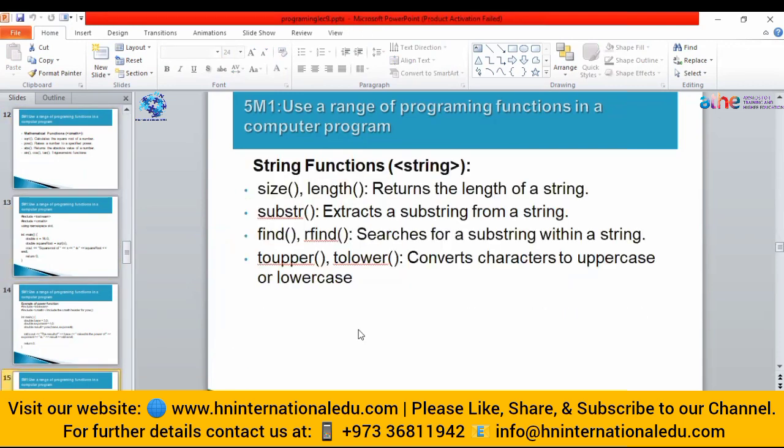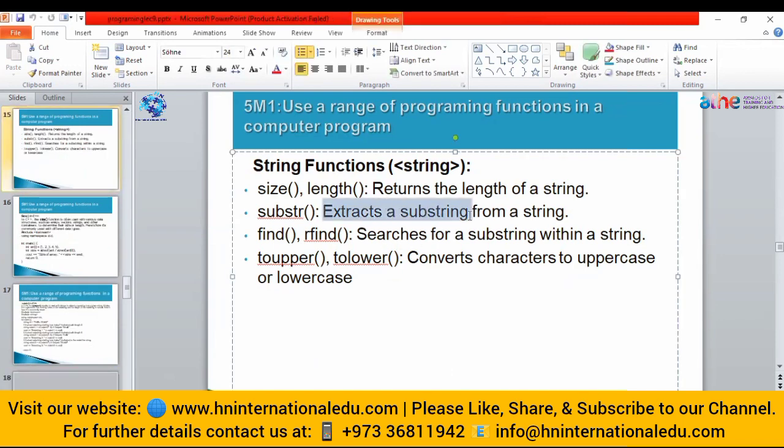Then strings. What are strings? Strings are the total sentence that is written. Look, this is a string that is written here. Clear? What is the difference between a character and a string? If I write this, it is a character. If I write the complete name or complete line like this, hello world, this is called a string.